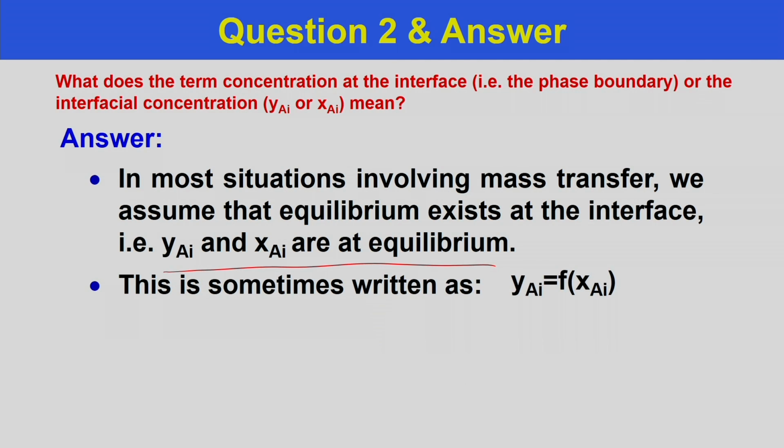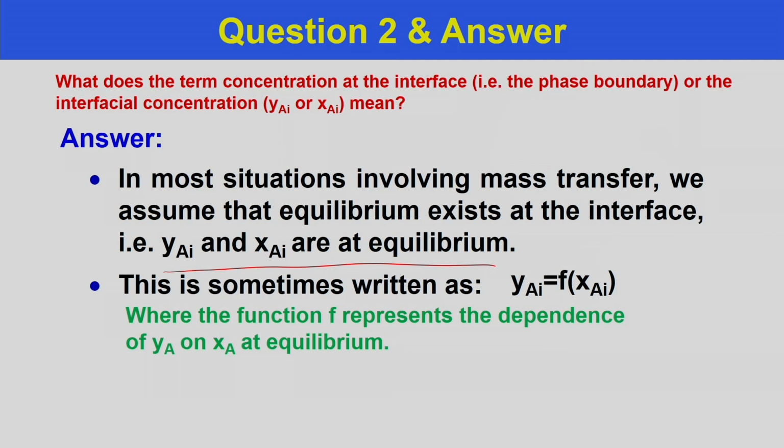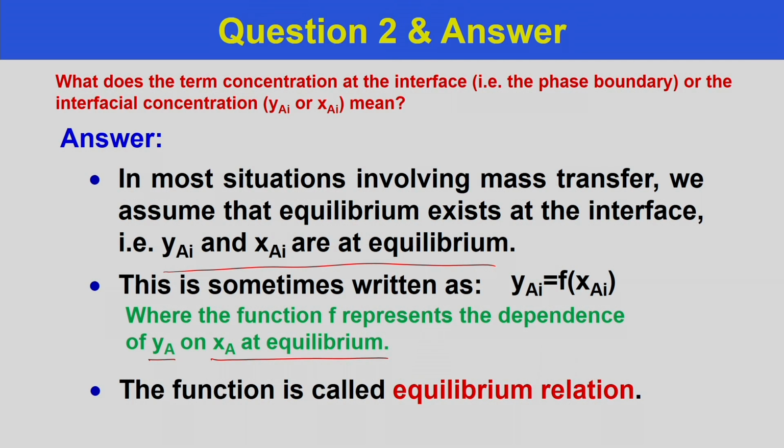This is sometimes written in terms of the equilibrium relation: Y_AI is equal to a function of X_AI, where the function f represents the dependence of Y_A and X_A at equilibrium. So, this function is called the equilibrium relation,